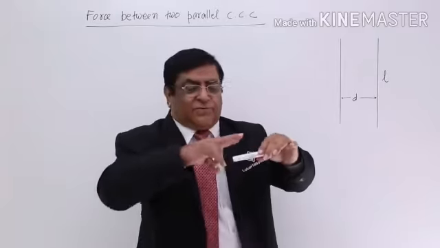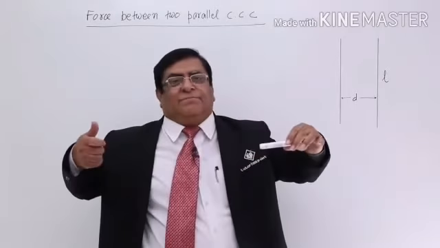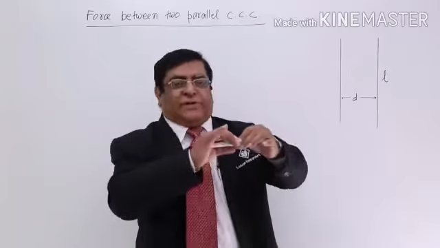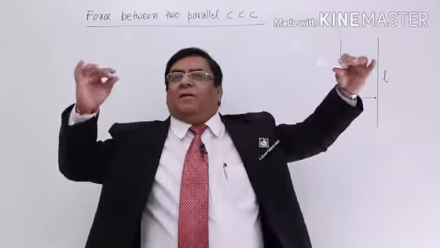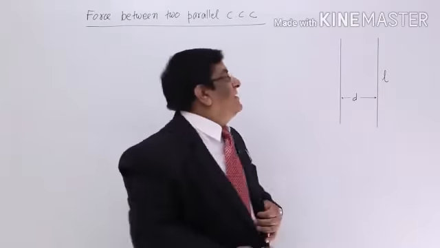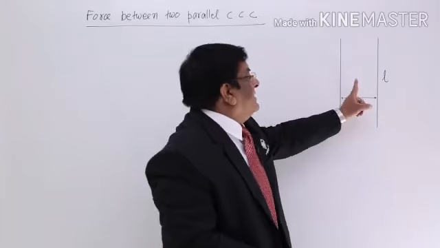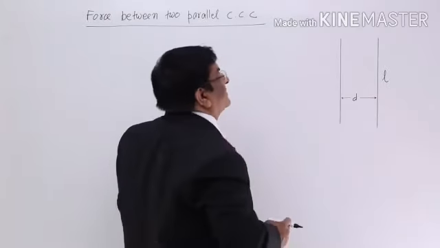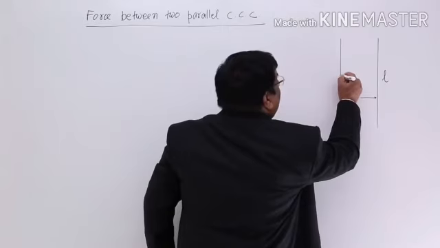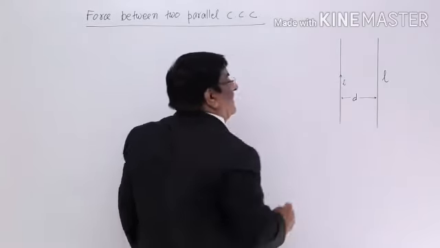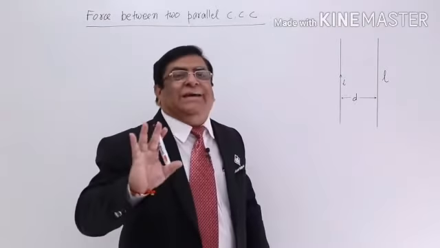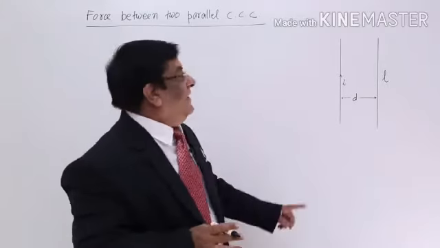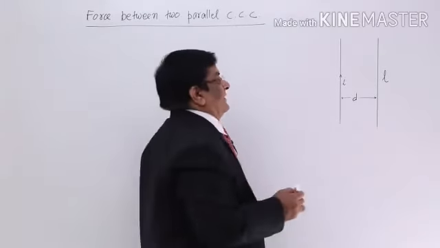Like we take two wires and twist them, we take two wires and roll them, we take two wires and keep them parallel. So these are all examples where there are two wires which are parallel to each other, both carrying current. Now, is there any magnetic field? We have not given any external magnetic field. Remember, no external magnetic field, only current in both the conductors.